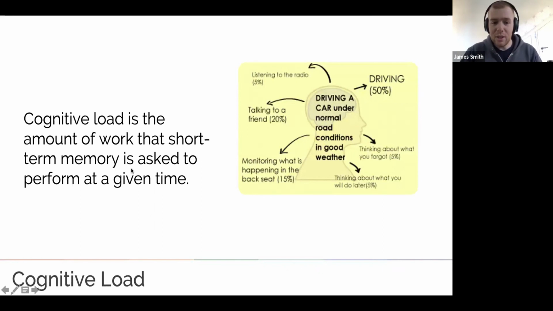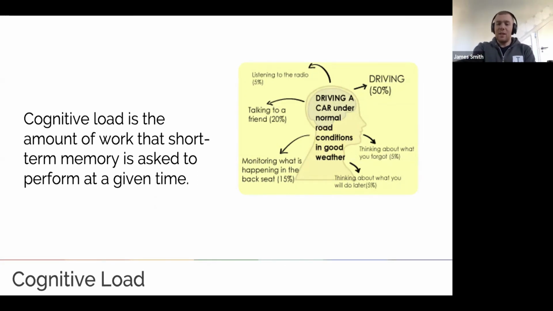Final little piece in this section, something called cognitive load. So this is where the brain is trying to process things. The best example I can think of this is when you're driving a car, and there's a really good book, Thinking, Fast and Slow, which talks about what the brain is doing, how it's thinking, and whether you can undergo maths problems while you're driving, if your concentration loses, and it actually focuses on pupils dilating to work out how hard you're concentrating to achieve a particular task. So